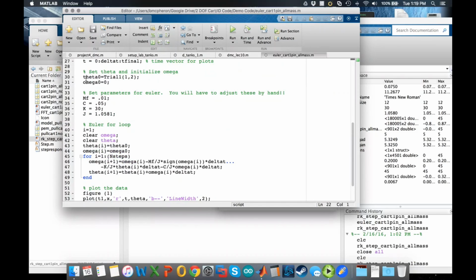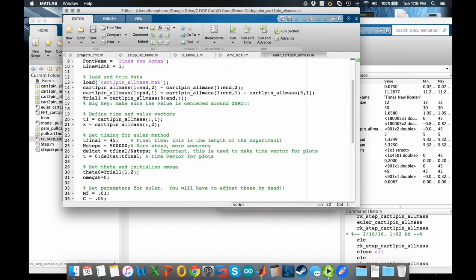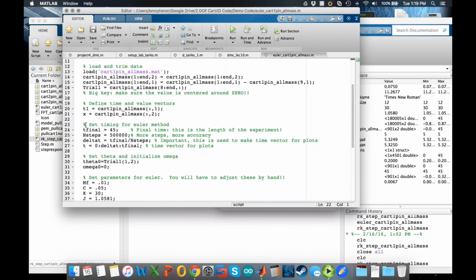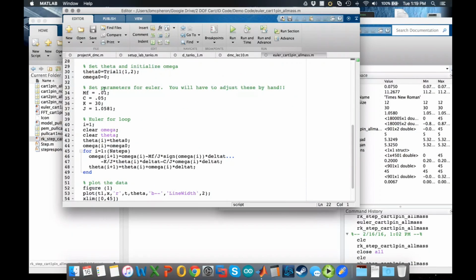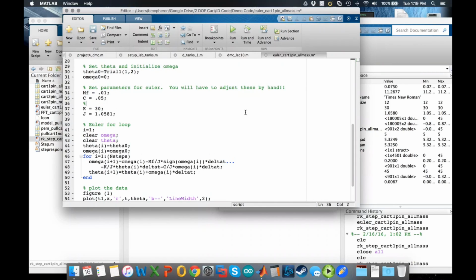All right, let's initialize omega to be 0, and let's make theta be equal to the values of data here, and specifically the same thing as x up there. And then we need to set some parameters for Euler. There's a dry friction coefficient value c, which we'll want to find, and then k and j. And actually,